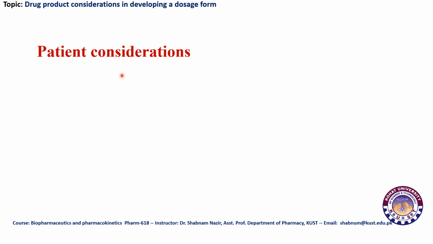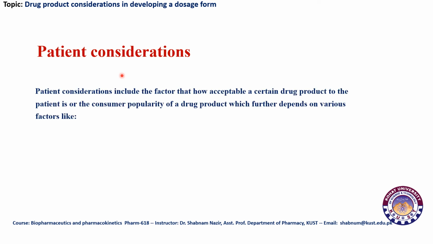Now, patient considerations. One of the factors among many which are considered in developing a dosage form is patient considerations as well. So, patient considerations include the factors of how acceptable a certain drug product is to a patient, or to the consumer, or the popularity of a drug product, which further depends on various factors like